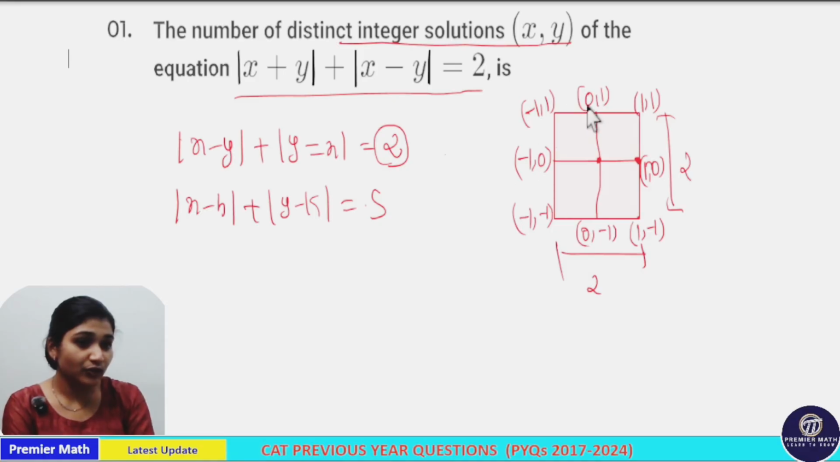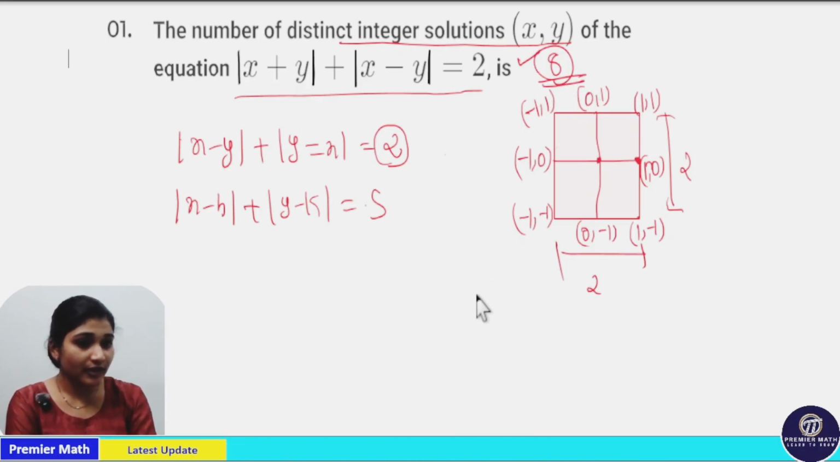If you put the value of these coordinates in this equation, that will be correct. So here total 8 coordinates are possible. So this is a shortcut. Now if you want proper explanation,